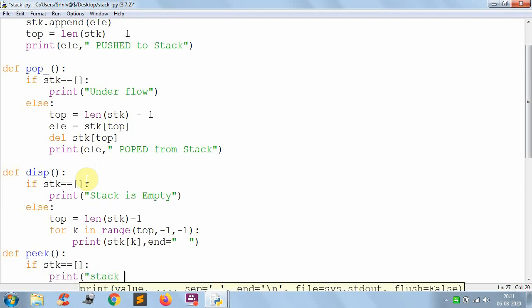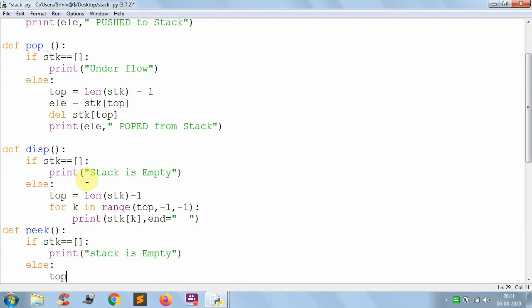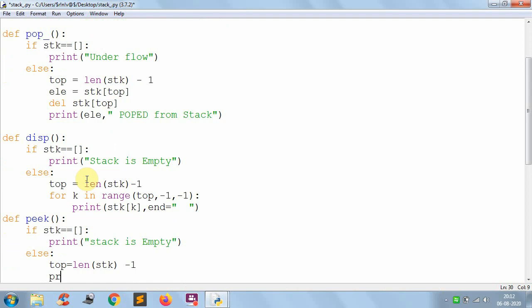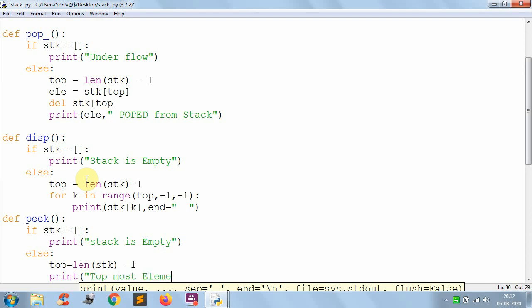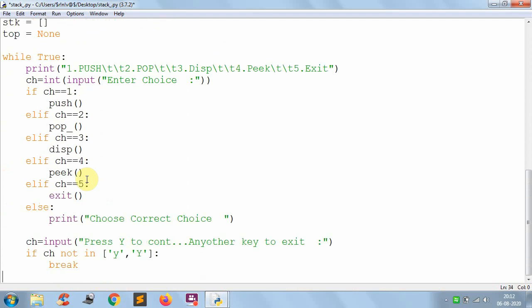Print stack is empty, else I want to get the topmost element: stk of top. So this is the topmost element. This is the peek function, and now my whole program is ready.